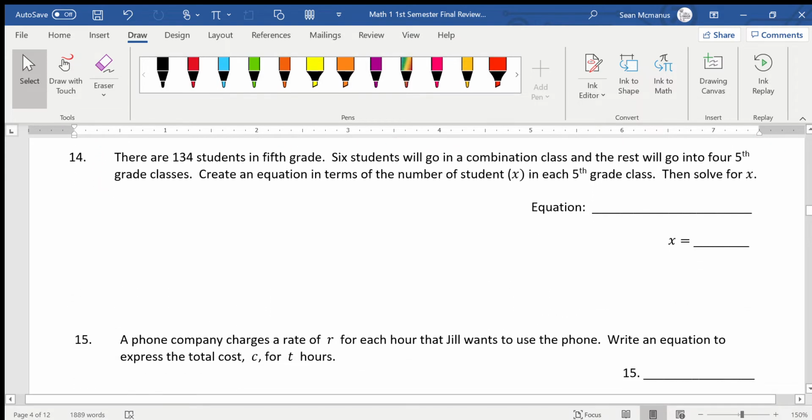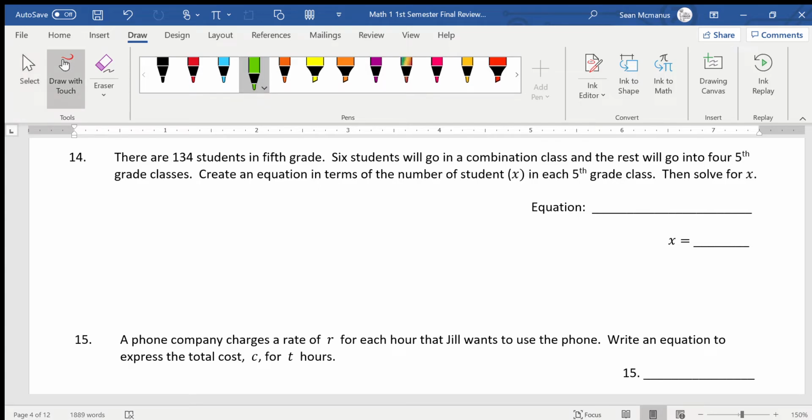Okay, problem 14. There are 134 students in the 5th grade. 6 students will go in a combination class and the rest will go into 4 5th grade classes. Create an equation in terms of the number of students in each class. So we know that, let's pick green here. Let's see what the variables are. Number of students is X, right? So we know that there's going to be